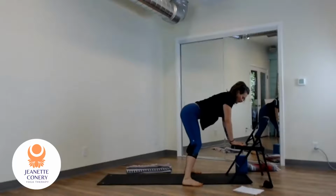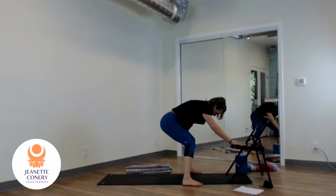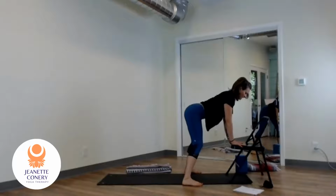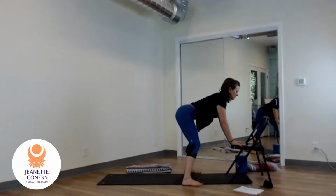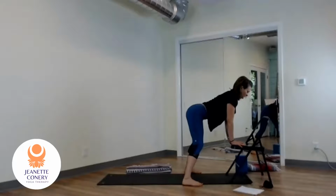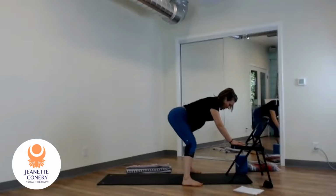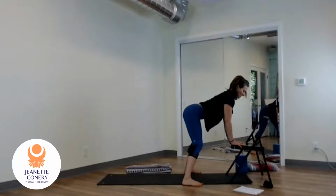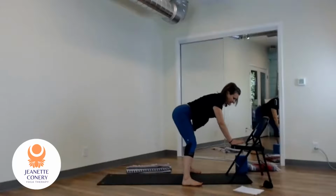So you can take a breath, and as you exhale, shift your weight back, bend your knees. So this is a lot like child's pose. As you inhale, come forward, put some weight on your hands and find that neutral spine. Reach long through the top of your head, reach long through your tailbone, pull your belly in, and exhale back. Inhale up. If you've ever had any kind of disc injury or spinal stenosis, then you want to avoid rounding your low back like this. So keeping it straight should be pretty easy in this version of the pose. You come forward, you lengthen, and then you exhale, come back. Okay. All right, now